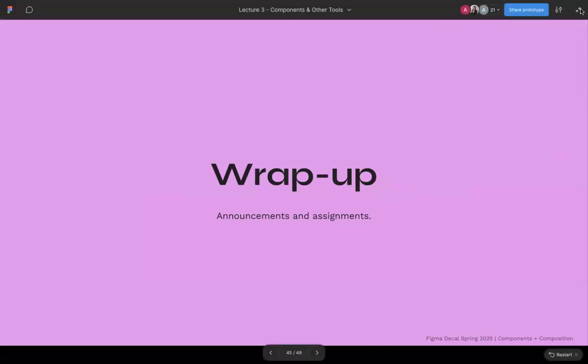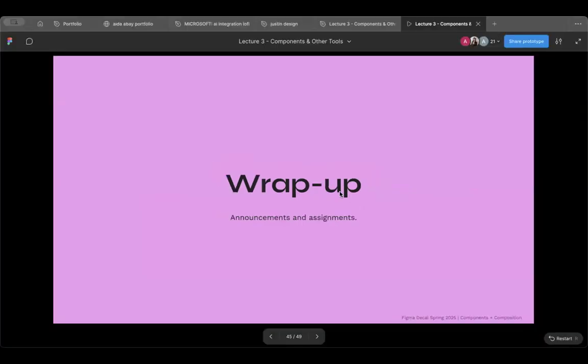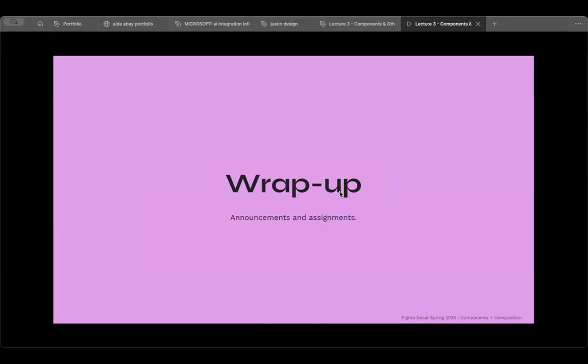If everyone could open up Figma, we're going to have you practice creating a component and then creating variants of that component. Give me a thumbs up when you're on the Figma design, on a Figma page. Okay,